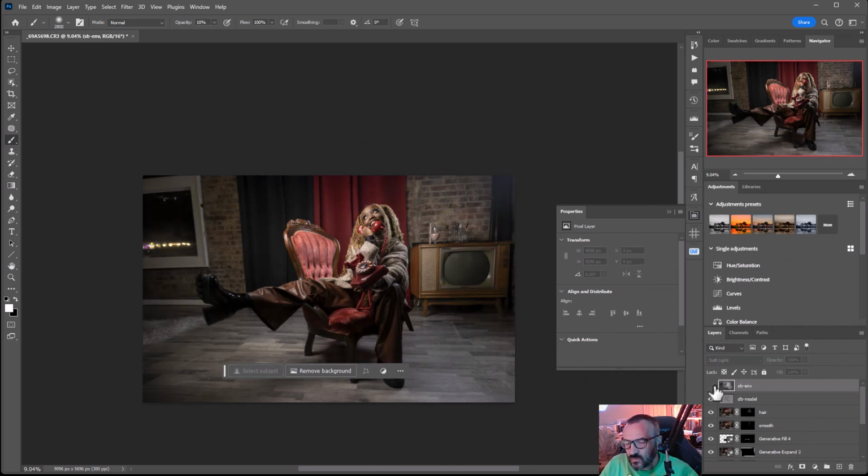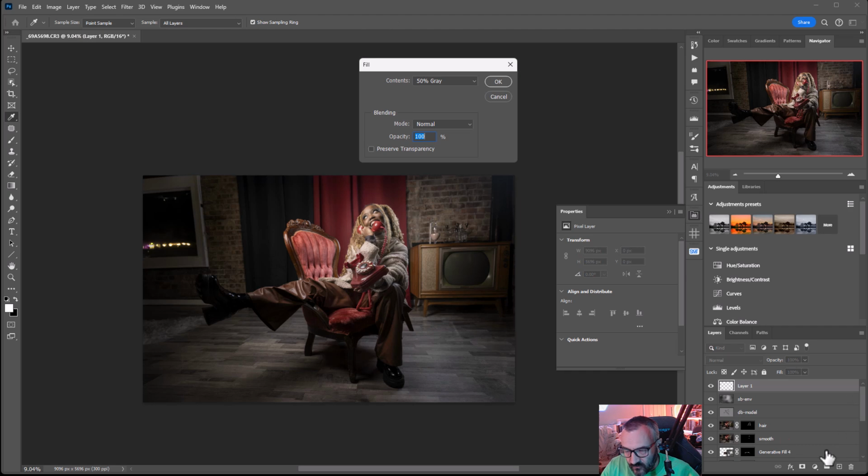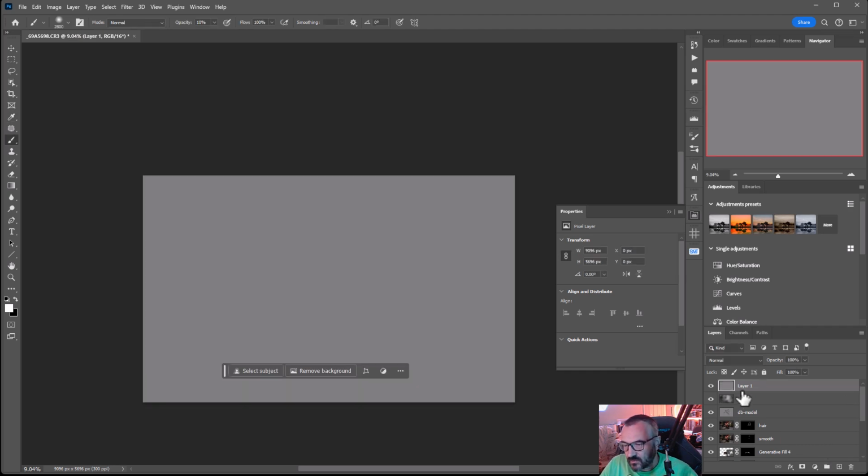Okay, let's look at what we have. So before and after, you can see how we isolated our object, brought the object out, and left it better. Next we want to add some coloring to this. And actually, before coloring, let's add another layer, and the same, fill it with 50% gray, and